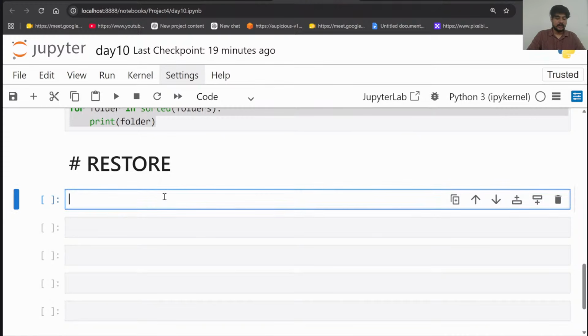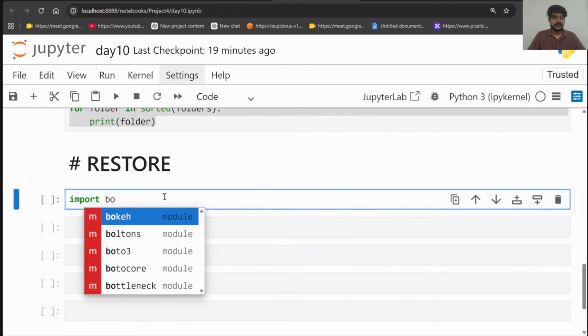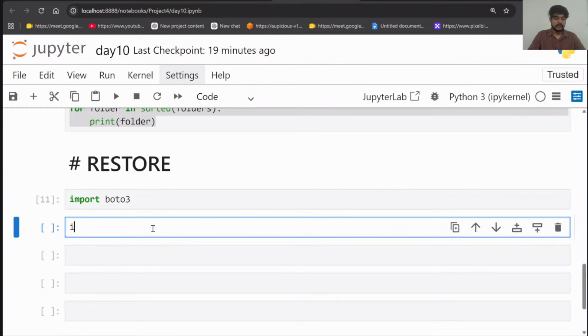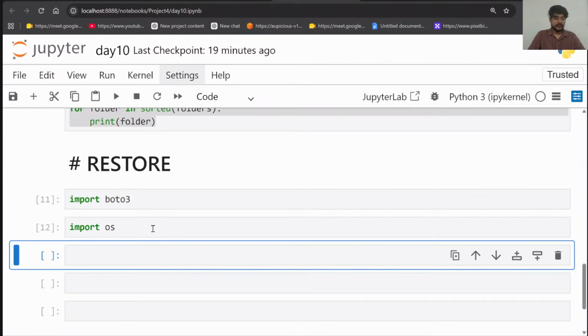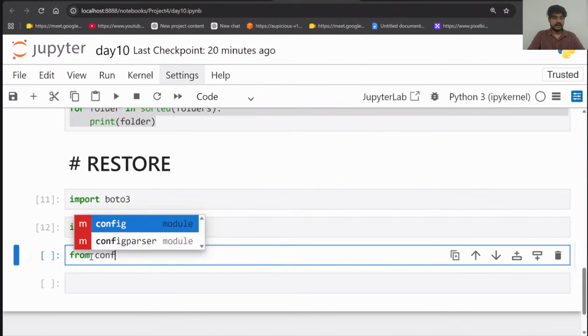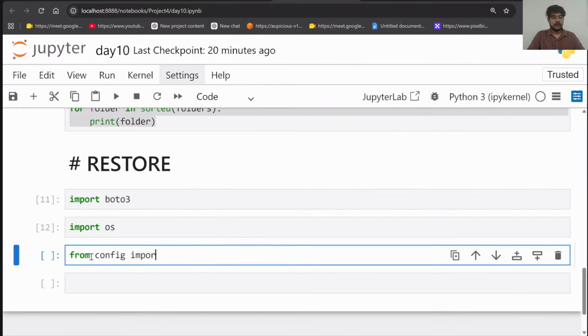So restore के लिए again I am importing all the libraries, guys. Why? Because I'll store all the code in different files over here. So I'm importing Boto3, and again I'm importing the OS module over here. Maybe from config I want to import all the values which are stored inside it.